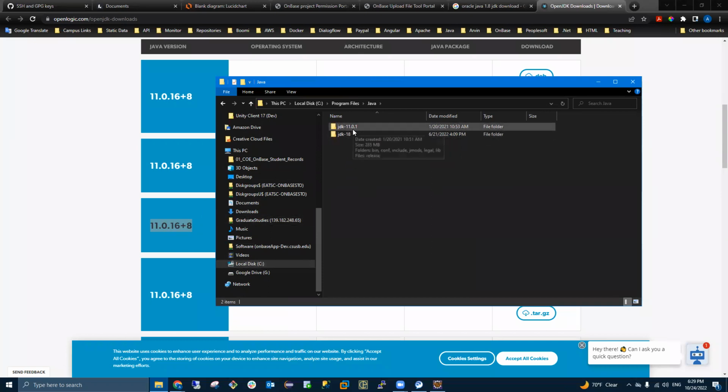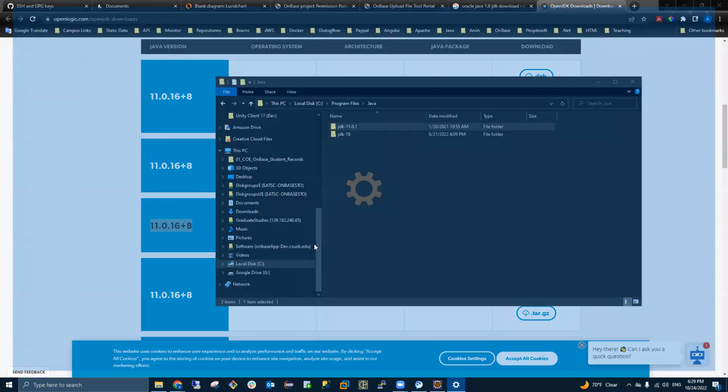When you look here, why am I using 11.01? Because I work for a company, I cannot use JDK 1.8, because 1.8 charges you a license fee. So I have to use this OpenJDK version. Once you have the JDK unzipped here, the second thing you will do is go to the properties,